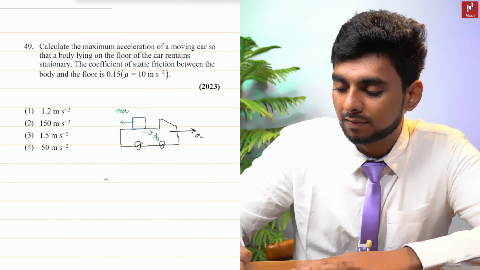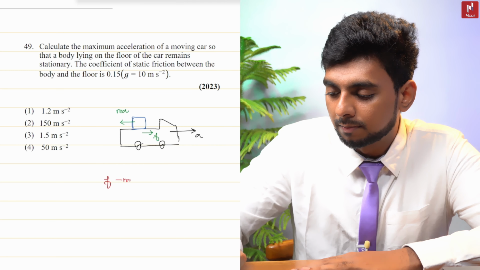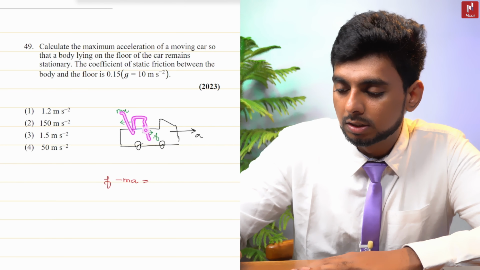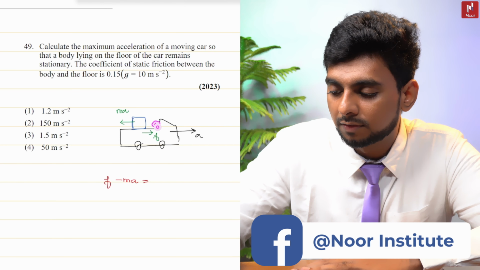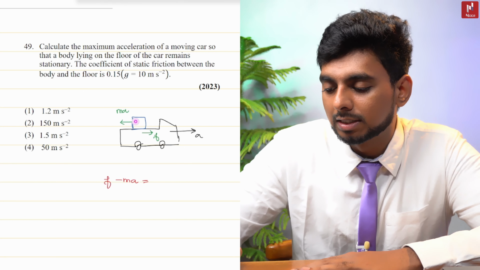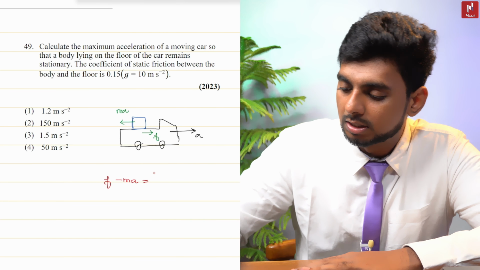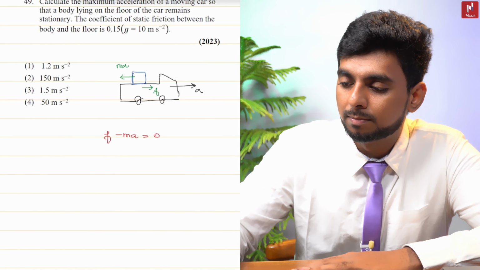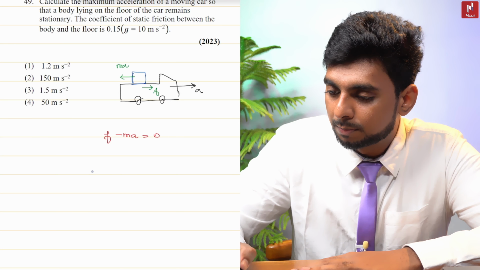If I do the force balance, you'll have F that is acting towards the plus, and then minus ma. So these two forces should balance such that this object is going to be at rest when you look at this object from inside that particular vehicle. So the resultant acceleration of this particular object is going to be 0. So F minus ma will be equal to 0. It should be clear. F minus ma will give you 0. So instead of F, let me plug in mu s N, right? So for mu s N, let me put in